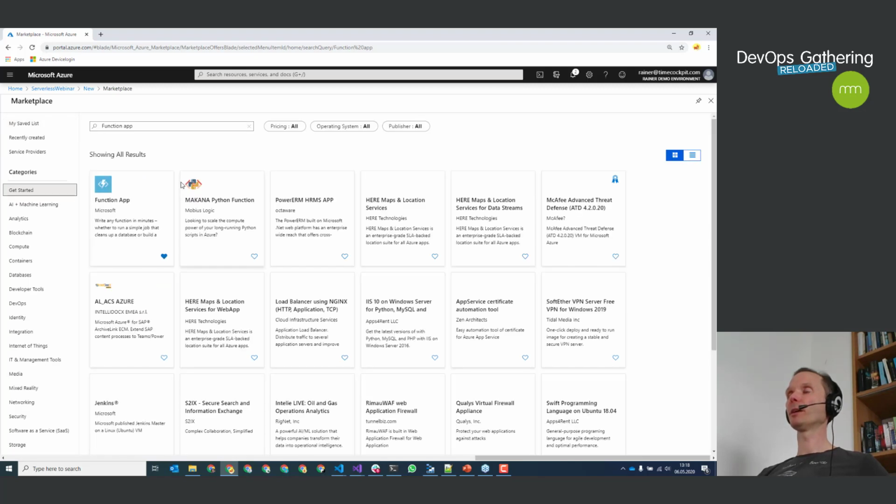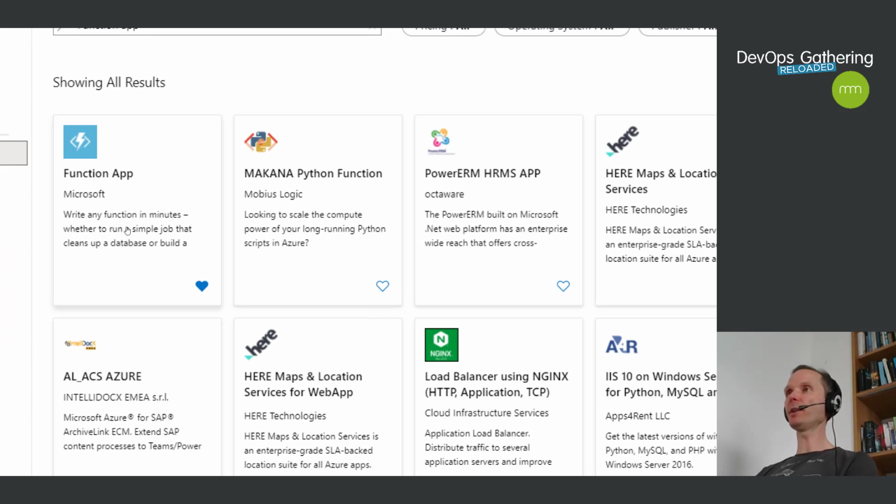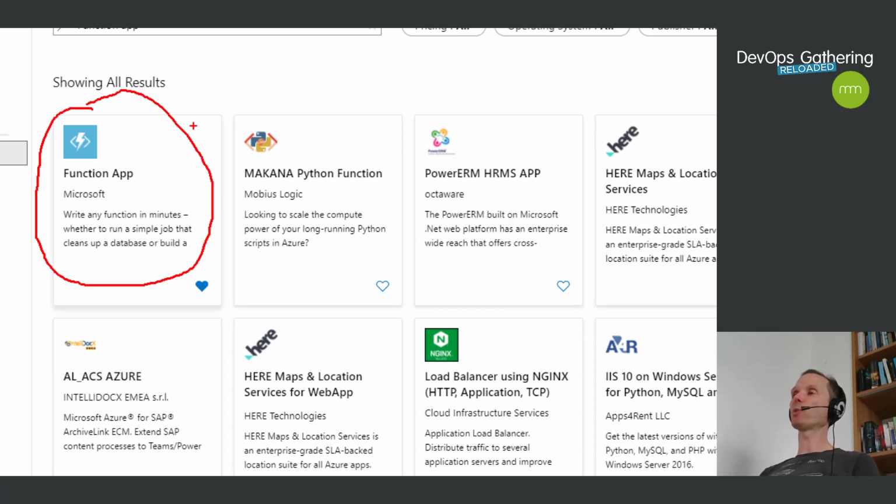Yeah, here we are. Azure shows me that there is one kind of resource here, which is called function app. A function app is what Microsoft calls serverless apps. There are different serverless options throughout the Microsoft Azure platform. You have serverless NoSQL databases, you have serverless SQL databases, you have serverless container registries, you have a lot of serverless stuff. But in this talk, I would like to focus on serverless APIs and serverless microservices that I can develop in the programming language of my choice.